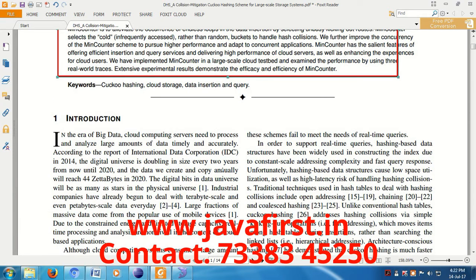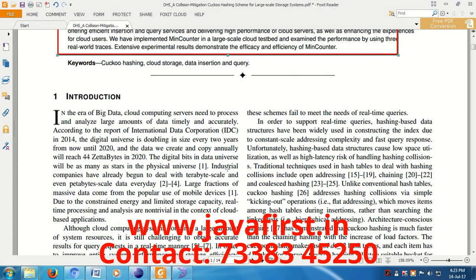Due to their simplicity and ease of use, Cuckoo hashing schemes have been widely used in real-world cloud related applications.